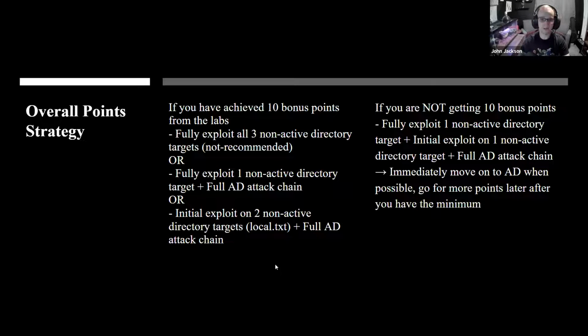Or let's say you're struggling, having a hard time. You could always do the initial exploit on two non-AD targets, right? Maybe you're bad at privesc. You could just do the initial exploit on two boxes, grab those local.txts, whatever it takes, which may require horizontal privesc to another user,